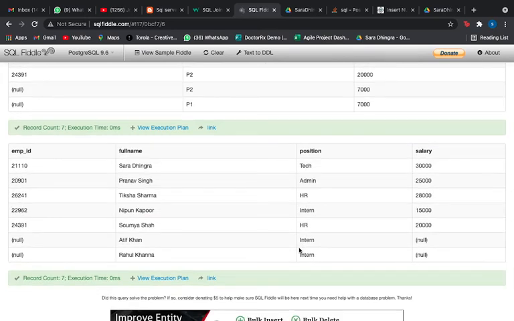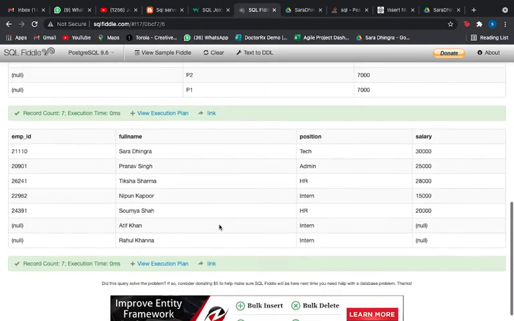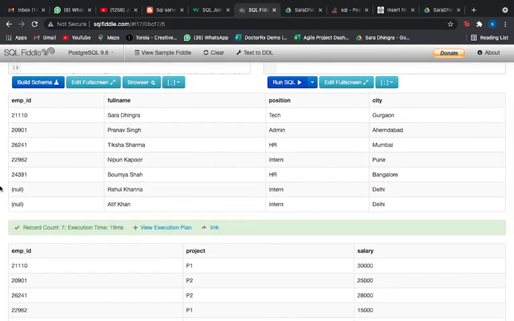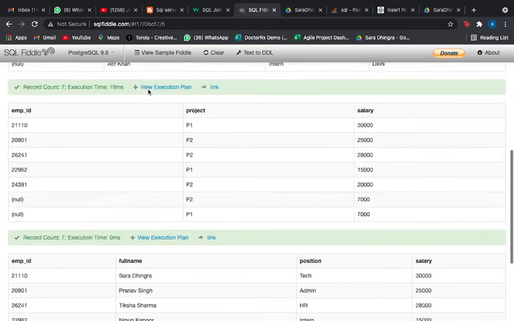So if you see, now we have 7 rows here. Why? Because it has also fetched me non-matching values from our first table. If you see, we have Atif and Rahul from the first table, which have null values. In inner join, we were not able to see these null values, but when we are doing left join, we are able to see null values from the left table also, but not from the right table.